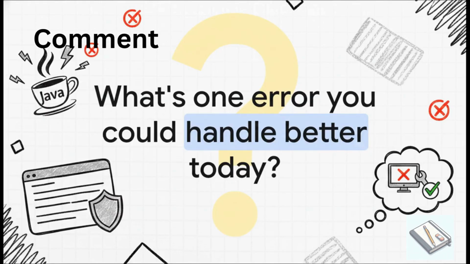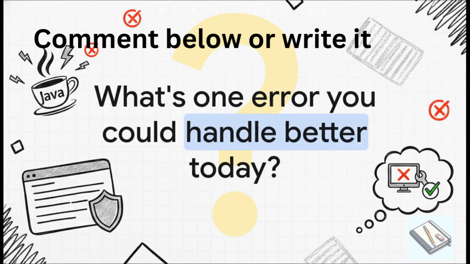And that really brings us to the whole point of this. Learning this stuff isn't just an academic exercise, it's intensely practical. So I want to leave you with this question to think about. Looking at your own projects right now, what's one potential error that you're currently ignoring that you could start handling more robustly today?